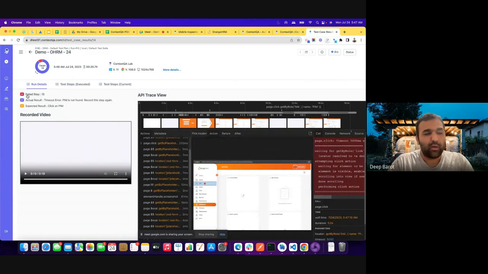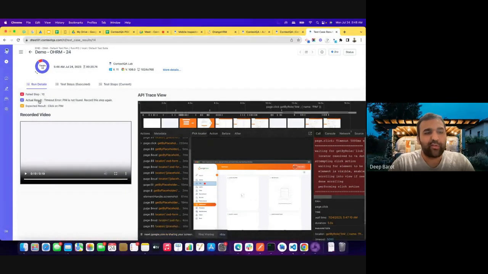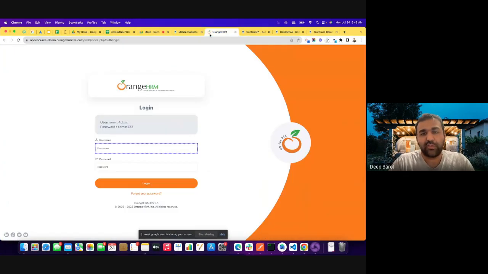Okay. Over here, if you can see my screen, it will provide what failed and why it failed. We wanted to click on the PIM option, but it timed out. So we're going to record this step again. One of the criteria it mentioned was debugging, right? It will provide you clear information about what is happening: it timed out, PIM is not found, so what to do? In that case, you can log in again,